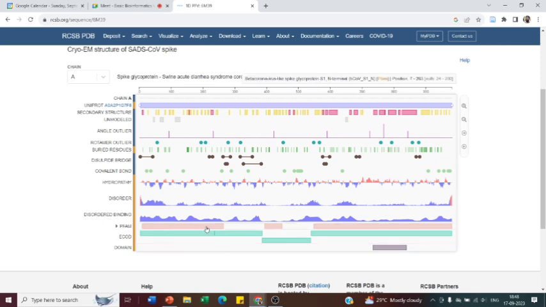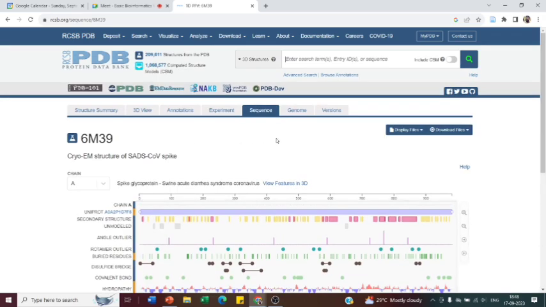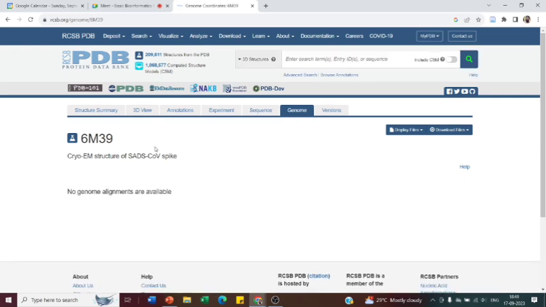Which protein family? You can see beta coronavirus spike-like protein. When we click there, we can see at the top the features of that particular protein. And then there is a genome page, and then the version page also is there. There is no genome alignment available for this sequence. So like that we can see